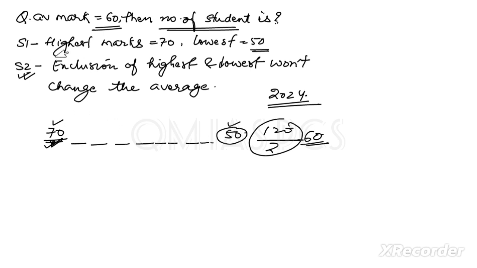Okay. And if you see statement number 1, it is given that the highest marks is 70 and the lowest marks is 50. So can you say what the total number of students is? There is no other information about that. So it is not possible to know the total number of students with these statements. Okay, so our answer will be D, that is, the question cannot be answered even by using both the statements